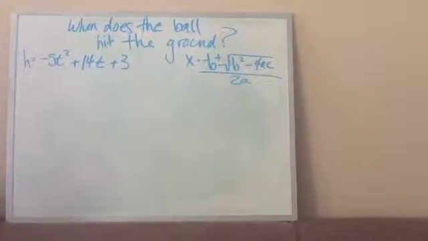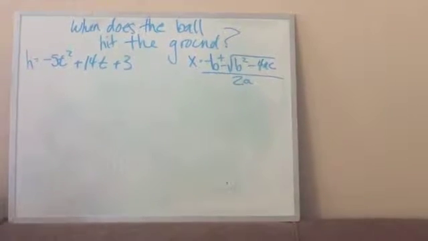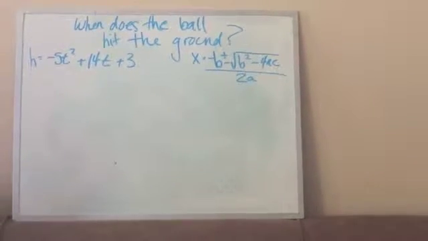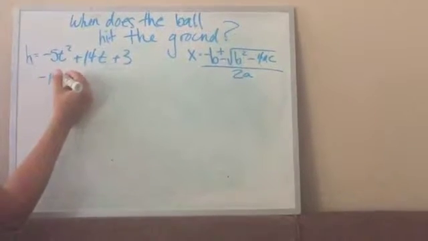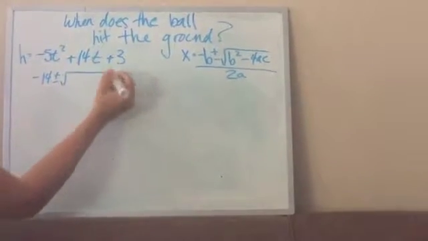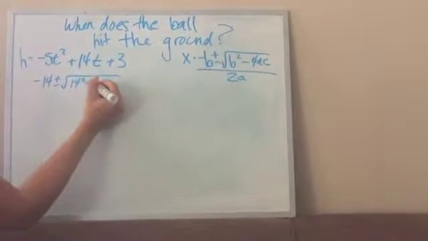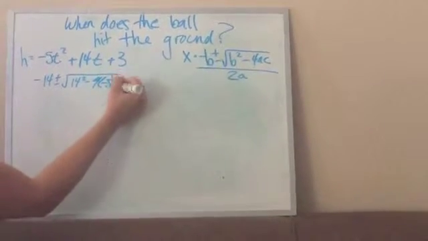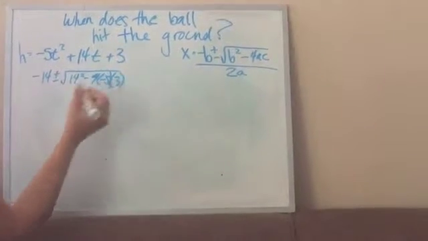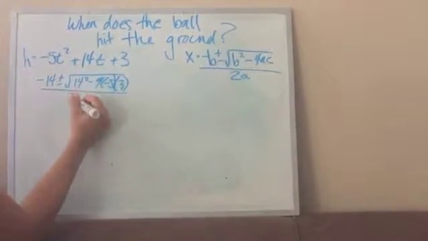Now we're going to look at the example of when the ball hits the ground. That means that we set h to equal 0, and we will be isolating for the t value, which represents the time at which it hits the ground. So in this example, we're going to use the quadratic formula right there on the right. So we fill in all of our values, the b, the a, the c,